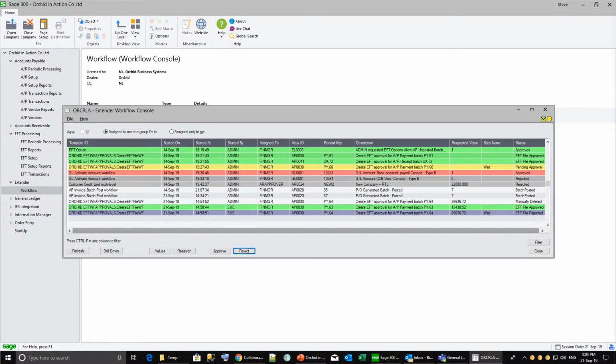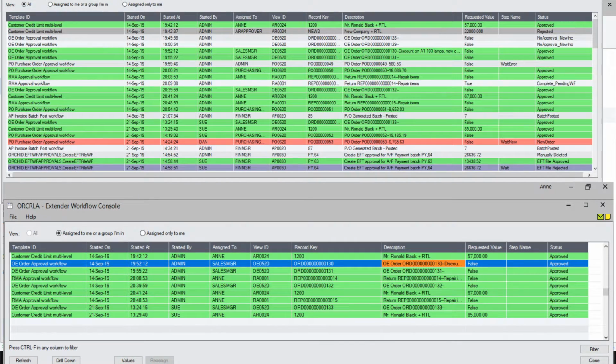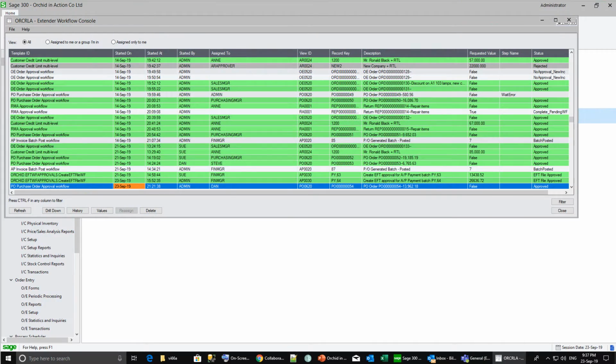We've looked at various examples of different roles in the organization, the sales manager, the purchase manager, the finance manager, who use the console to group together the different approvals and notifications that they have about transactions happening in Sage 300. In addition to facilitating collaboration and management of notifications and approvals, we're also enforcing accountability and full auditability of